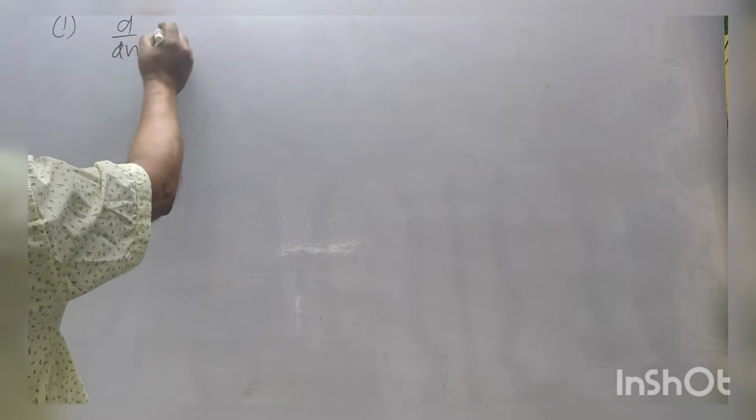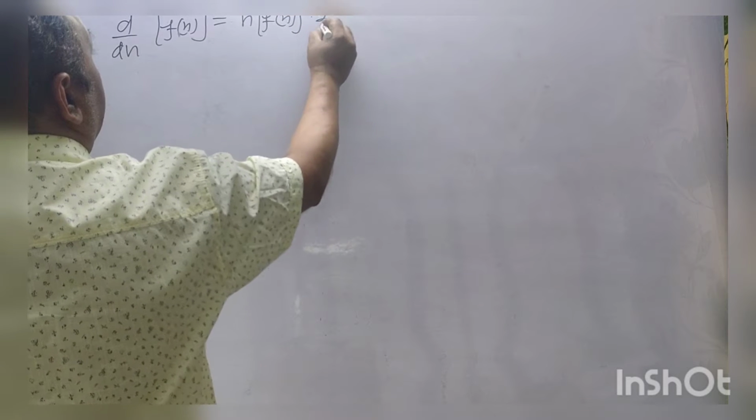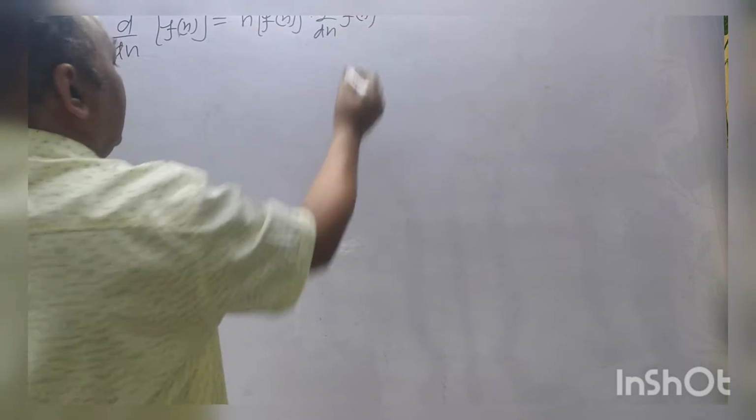Now let us discuss some important formulas. D upon dx of f(x) raised to power n, that is equal to n into f(x) की power n minus 1 further derivative of f(x). Same formula as the formula of derivative of x की power n, n into x की power n minus 1. फर्दर डेरिवेटिव ऑफ x लिखने की जरूरत नहीं होती है क्योंकि x का डेरिवेटिव 1 होता है.